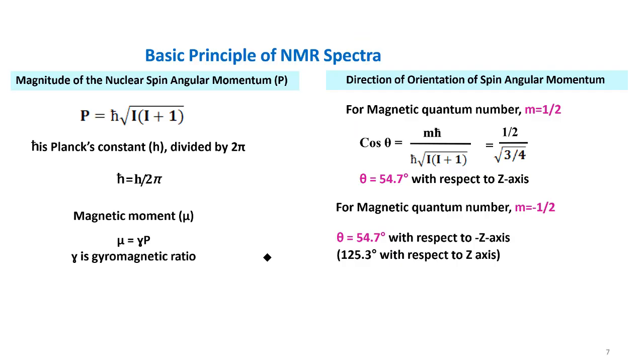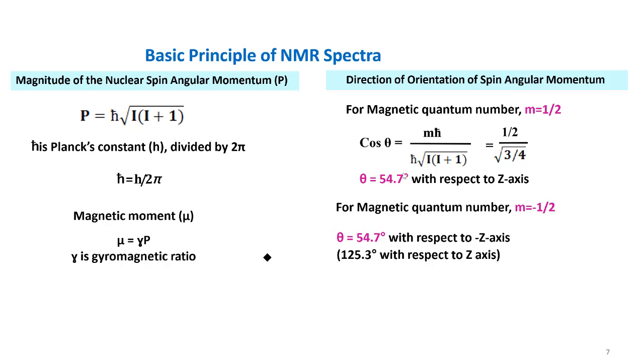So continuing, the direction of the spin can also be determined. Suppose we want to know at what angle the spin is happening. With the help of h naught and I, we can calculate at what angle it will be aligned. Theta is the angle with respect to the z-axis, and it is also called the magic angle. At that point we know that it is aligned to the magnetic field.